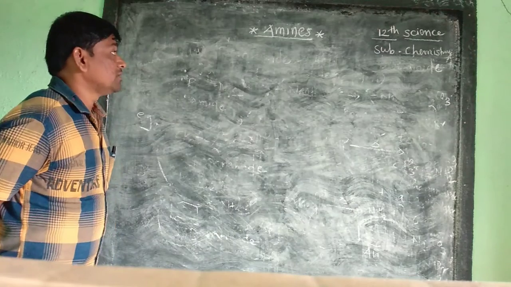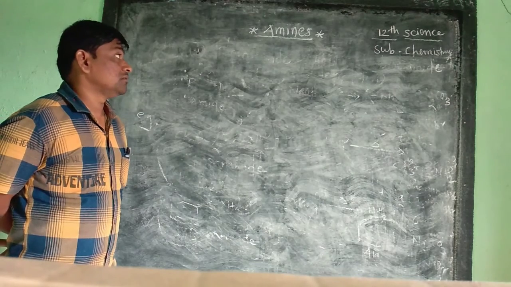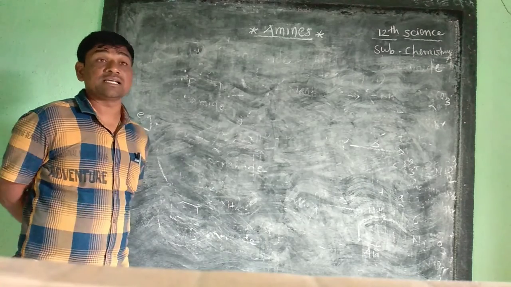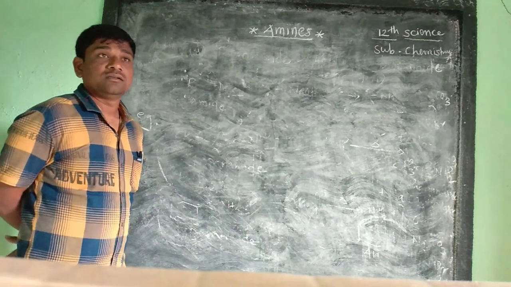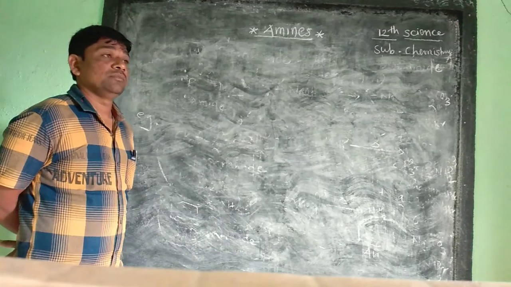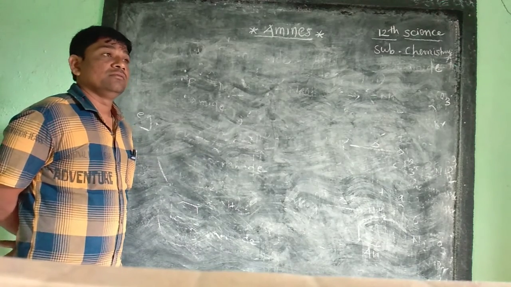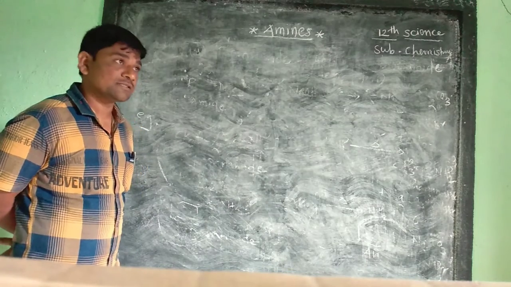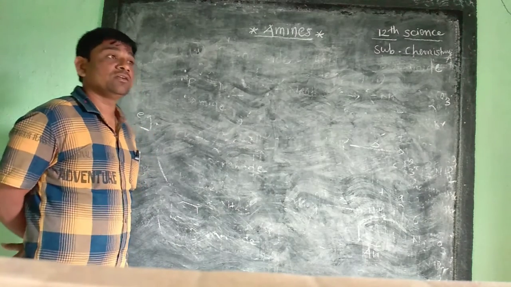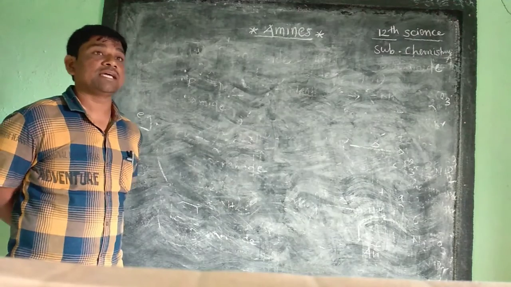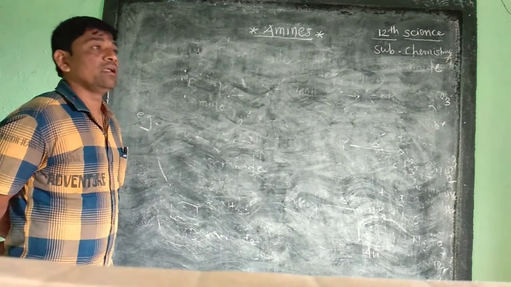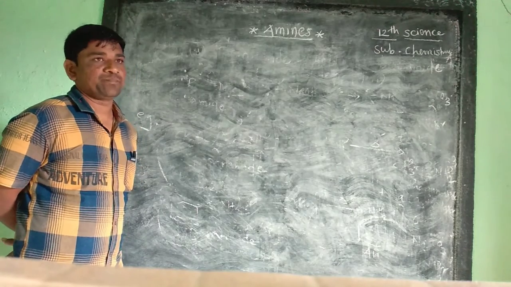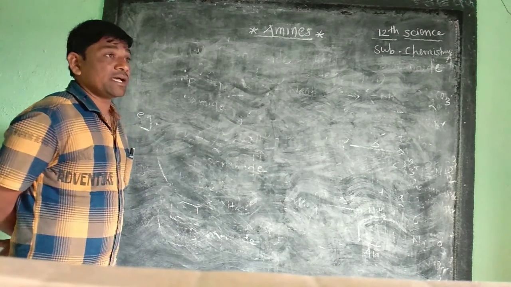In this way we can see the physical properties of amines. Now we can revise once again. The lower members of aliphatic amines are gaseous. The amines which have 3 or more carbon atoms are liquid in state, and the higher amines are solid in state. The amines can form hydrogen